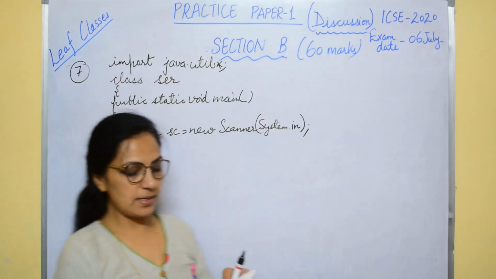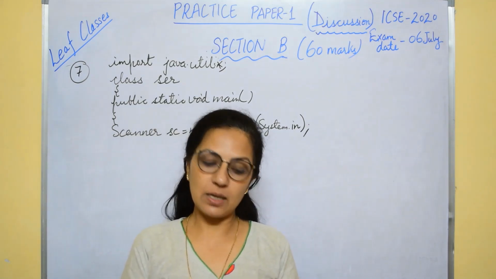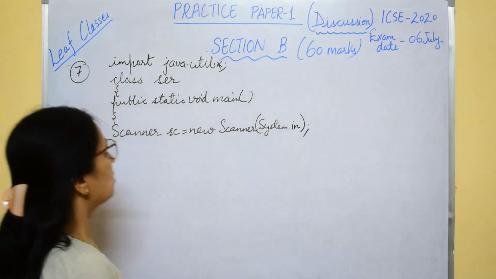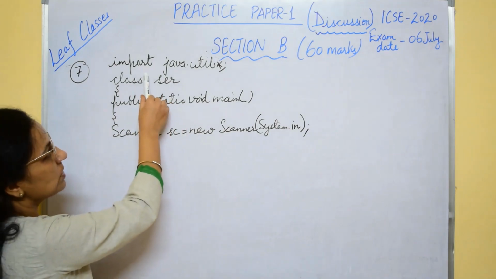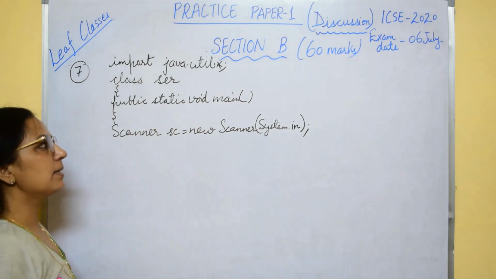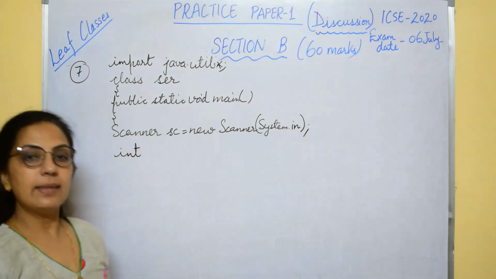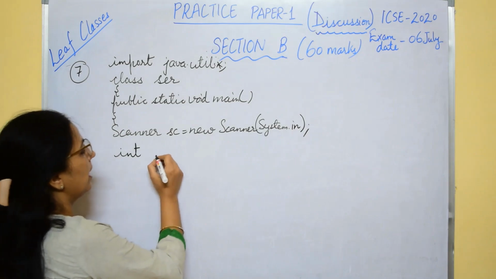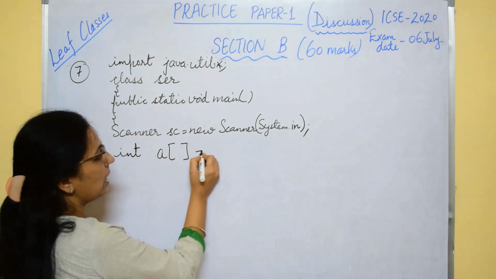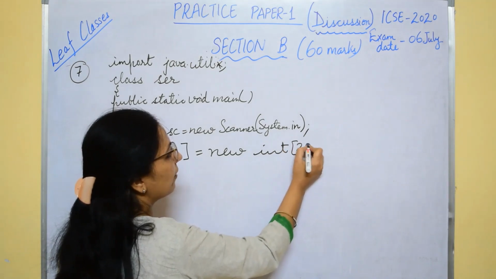Question number 7 says, write a program to input 20 integer elements in an array, enter one integer and search it in the array using linear search technique. So we have to input, so I have used import statement to include util package and then we have created scanner object. Now first of all we have to declare the array of size 20. Integer type array, so int array name equals to new int and then you specify the